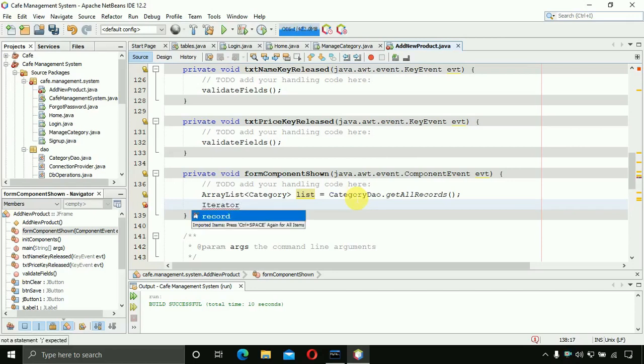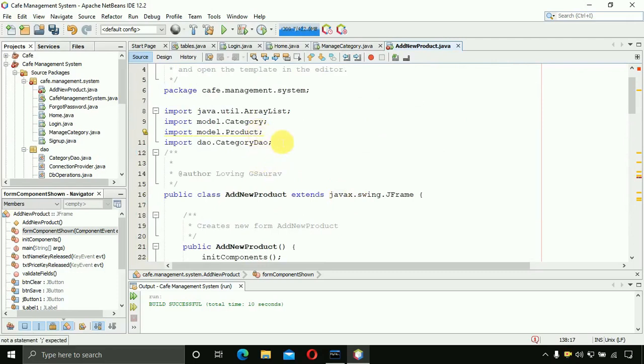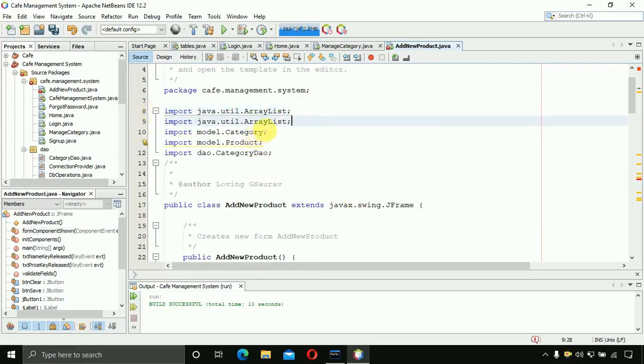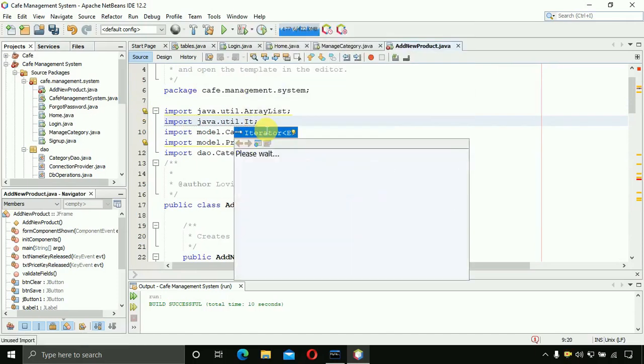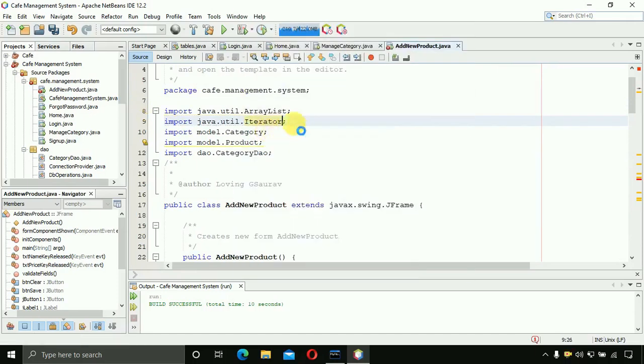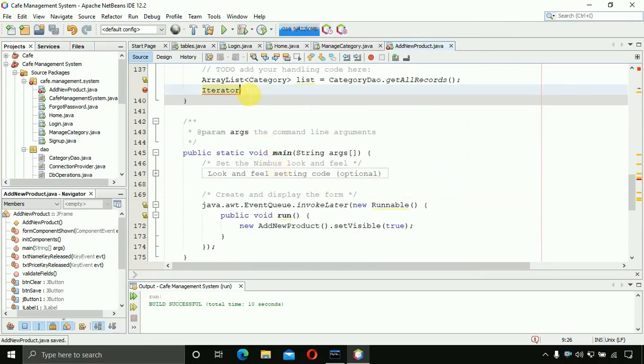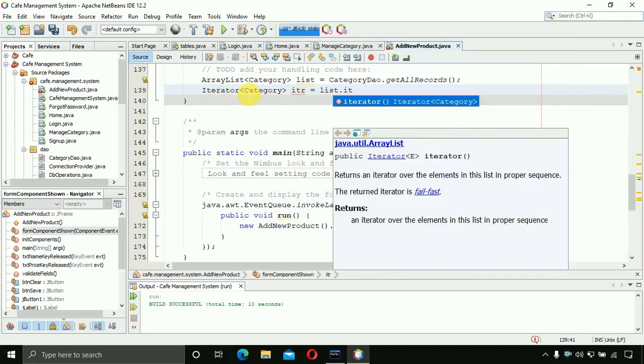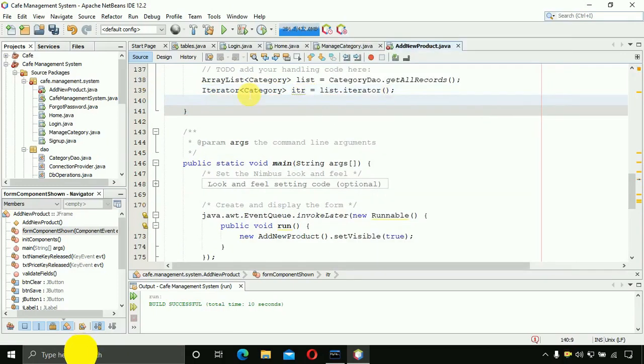This also belongs to the util package actually. So let's call that, delete this and call the iterator. You can see. After that we have to move back over here, and here we have to write category, this one. After that we have to write here itr equals list dot iterator, and after that we have to write while